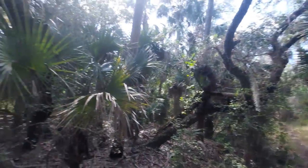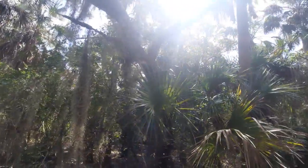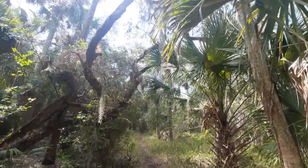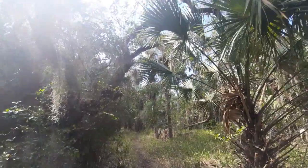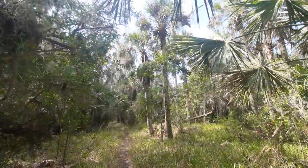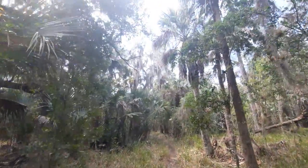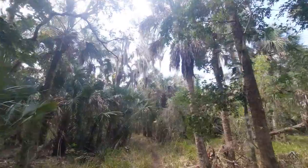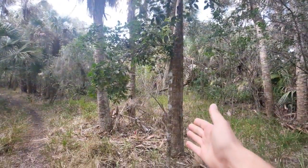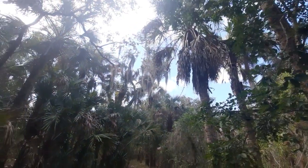Here we go. So now we're seeing a little more of the complexity of what you will see in a coastal hammock. Whenever we're in a coastal hammock, that usually tends to exclude fire, because since the vegetation has had a chance to grow without any prescribed burn, the vegetation has essentially taken over. So usually that vegetation can be in the form of laurel oak right in front of me, or the sabal palm, also known as the cabbage palm,